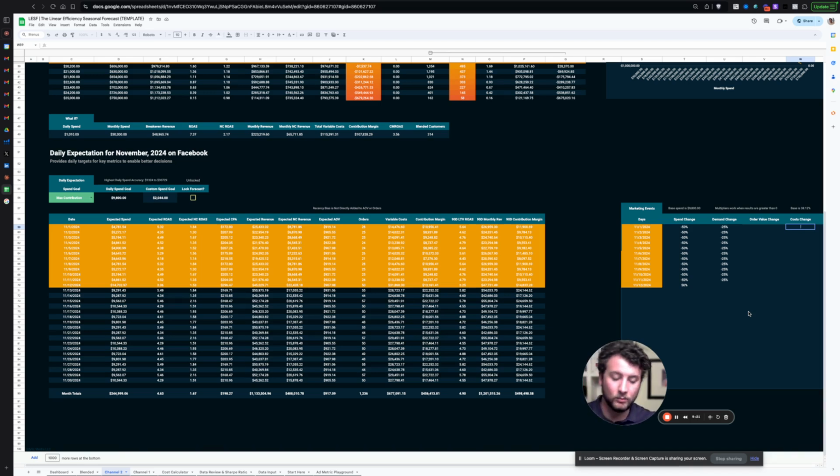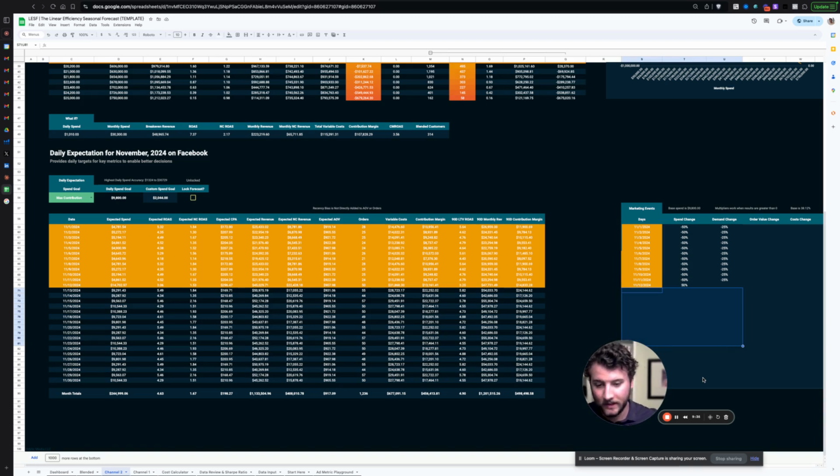When are we sending SMS? When are we sending email? When are our offer ads going live? We're going to probably have an increase on spend in those days. We're probably going to have an increase in demand on those days. So for each day, we're adding an adjustment manually based on that marketing calendar and based on our expectation for